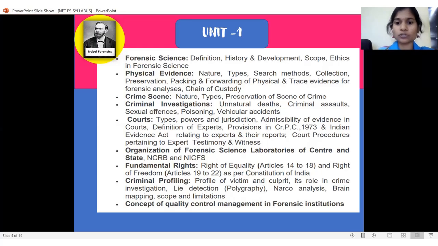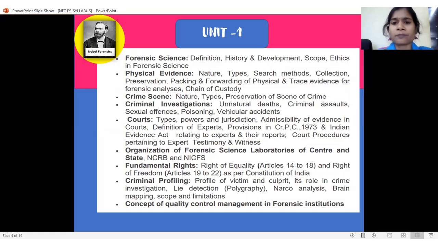These are not just used for criminal profiling, meaning not just for culprit profiling, but also useful for victim profiling, because you know that the victim is present at the crime scene from the first event to the last event of the crime. So with profiling the victim, these methods can give accurate information about the crime, and it may help efficiently for further investigation. And coming to quality control management, very few questions were asked in the previous question papers, but